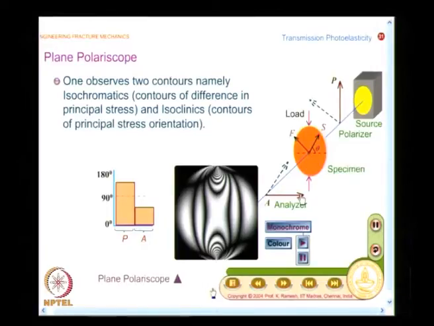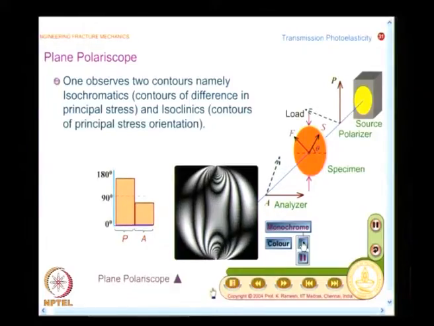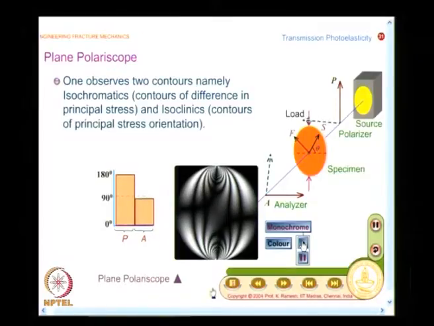We also saw another possibility: when the polarizer and analyzer axes coincide with the fast and slow axes of the model, then also whatever light comes is cut off by the analyzer and you see the contours of isoclinics.